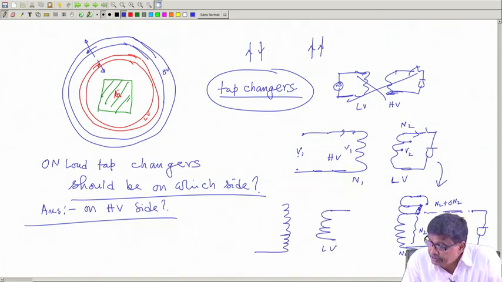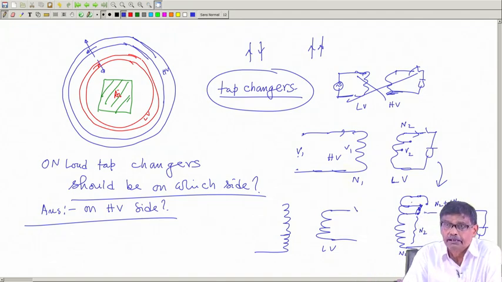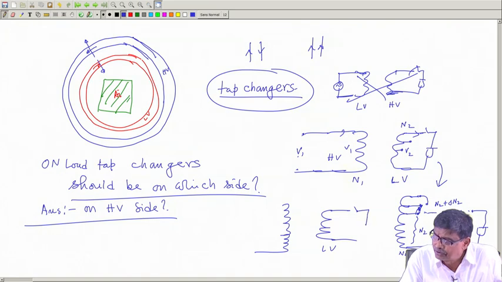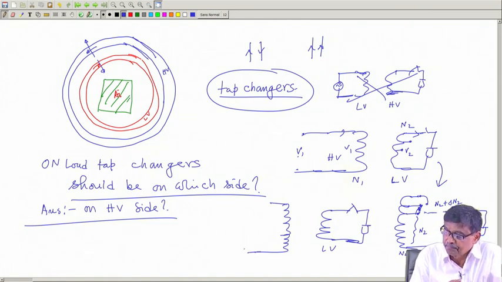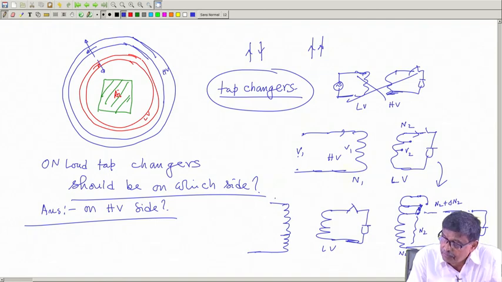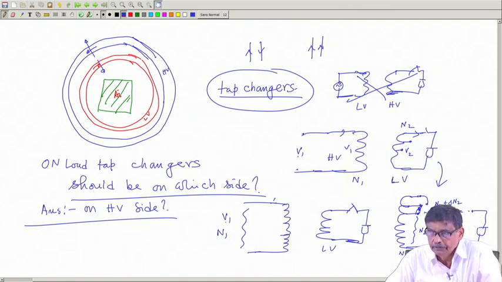I will not connect tap changers on the LV side. Whether it is load or not, that is a different issue, you must understand. But since I have drawn the load on this side, connect the switch. Here, this is the normal N1 turns. I connect this whole thing as N1 turns, V1 is the supply voltage, voltage per turn is V1 by N1